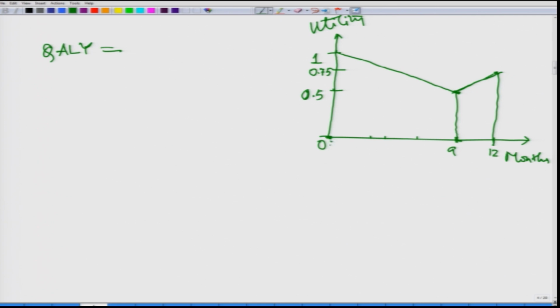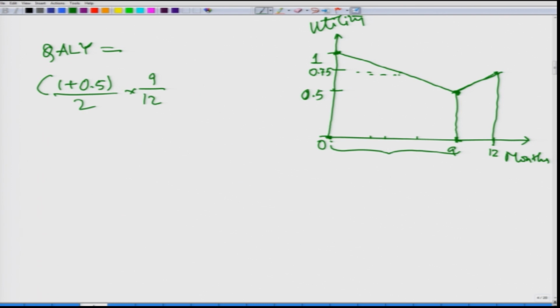Any time during these 9 months, my average utility will be 1 plus 0.5 divided by 2, something like the average utility in the 4.5th month, into 9 by 12, or you can just keep 9 and then divide it